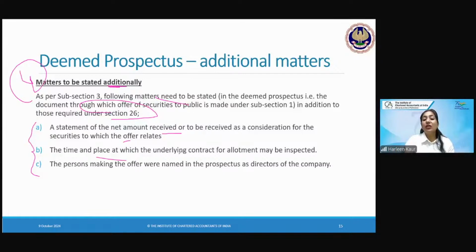Time and place under which the underlying contract of allotment may be inspected. So the contract was made, I told you in the beginning the example, XYZ company made a contract with the issuing house. Issuing house is issuing the document for offering sale to the public. Whatever agreement was made between the company and this issuing house, at what time and place this agreement can be inspected, this has to be included because this should be an open agreement